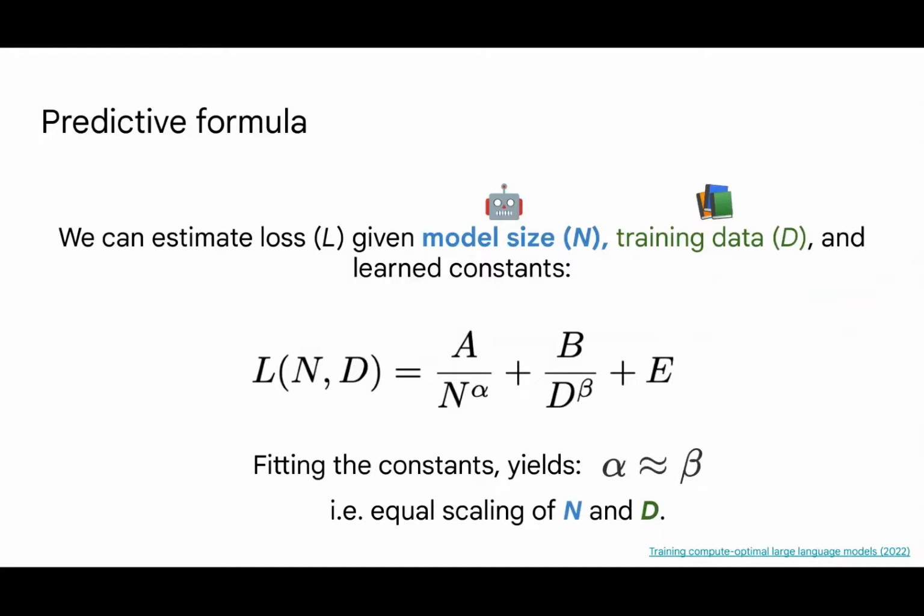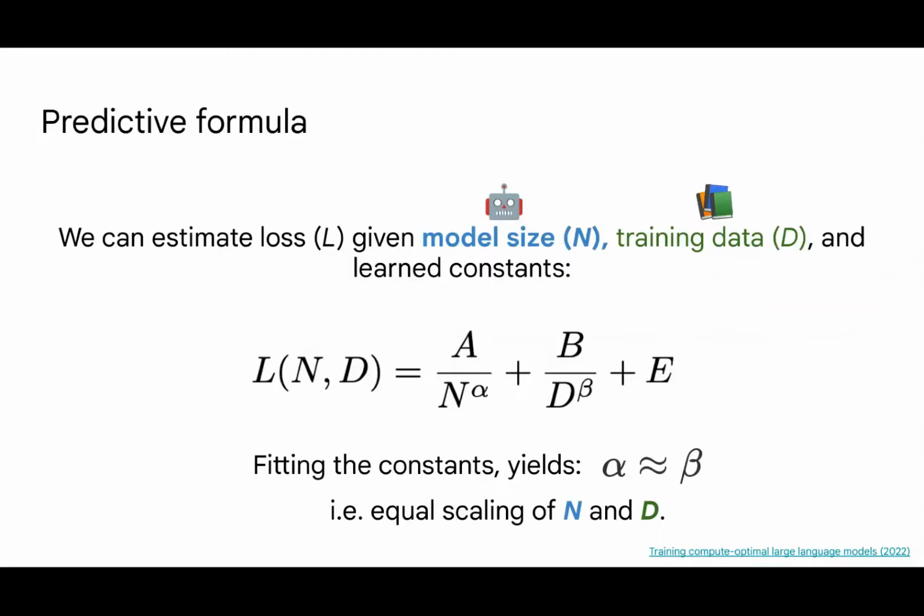This formula is made up of 3 terms. The first term represents an approximation of how good the model is relative to the true underlying generative process. The second term represents the fact that we only see a finite amount of data samples, and that if we had seen more, maybe the model would have done better. And the third term represents a lower bound. It's the best possible loss. In this case, it's the true entropy of language.